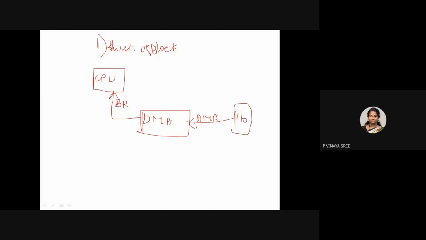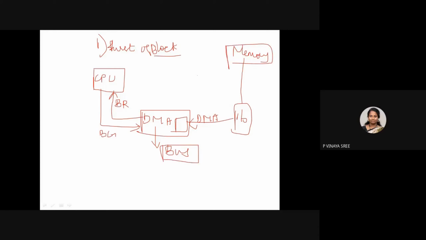Upon that, the processor fills all its internal registers, puts the bus in a high impedance state, and gives a bus grant, BG. When the DMA will release the system bus is our main concept now. Once the bus grant is given, the system bus is under the control of the DMA, and it keeps using the bus until all the words mentioned in the size have been transferred. Once every word is completed and the word register is 0, it releases the bus.